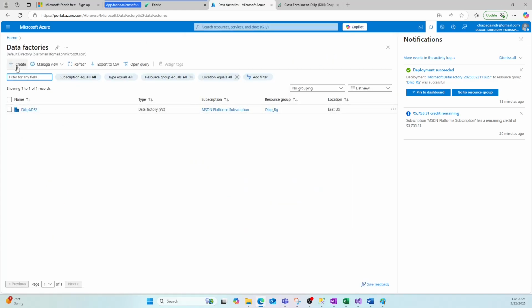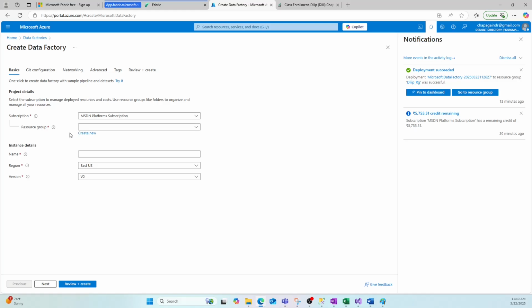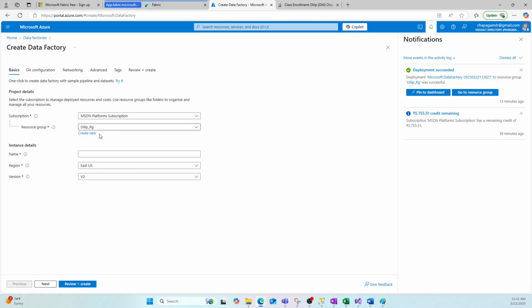If not, I am going to show you how I can create the data factory quickly here. So if you do not have a data factory, you can click on create new data factory. You have to give the resource group. I have a delete RG already created as my resource group. A resource group is like a project box. So for anything you are working on for that project, you have to create those items within that resource group. And I'm going to give the data factory name like delete